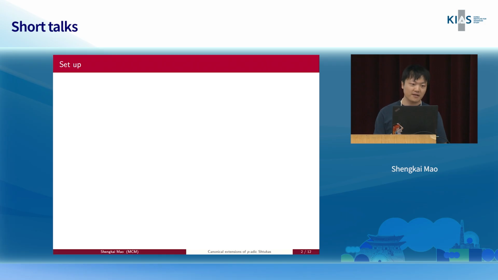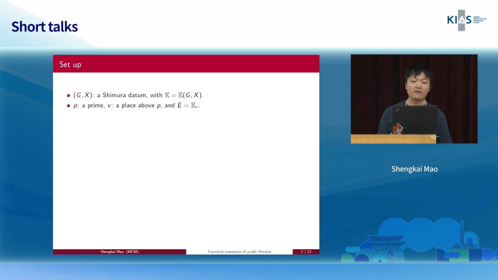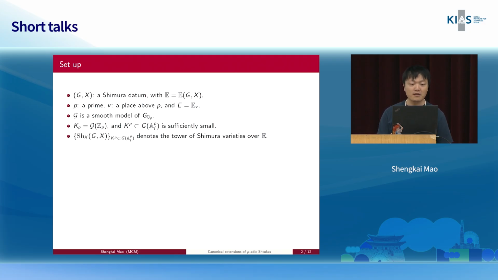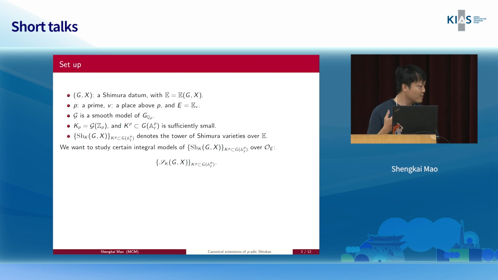So let's fix some setup. We consider Shimura data, and we fix a prime p. We take the local field E above the fixed place. And we take a smooth model of G, which is a smooth affine group scheme. We fix the level at p, and we let the away-from-p level be sufficiently small. Now we can consider the tower of Shimura varieties. We want to study certain integral models over O_E. There are many meanings of integral models, and we